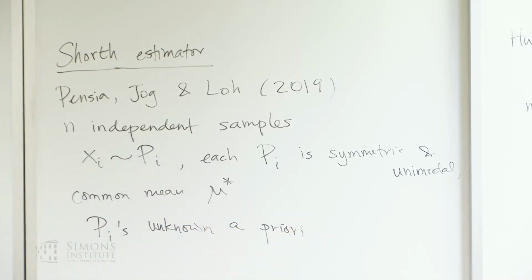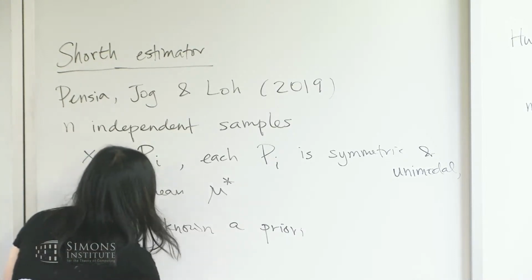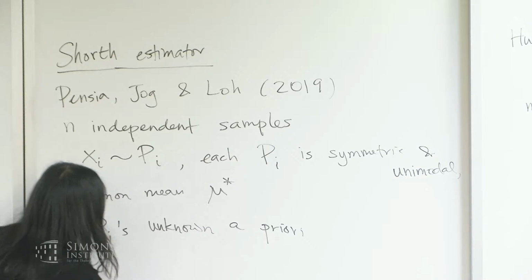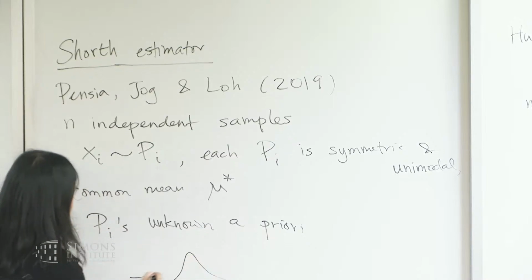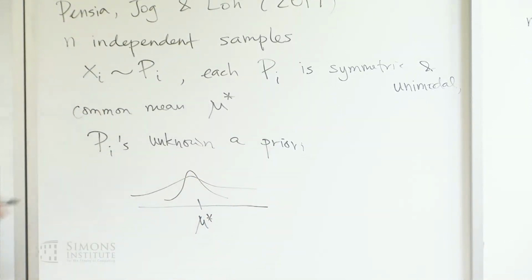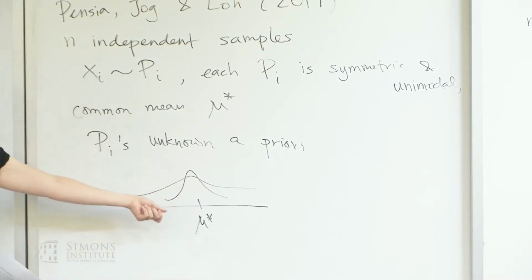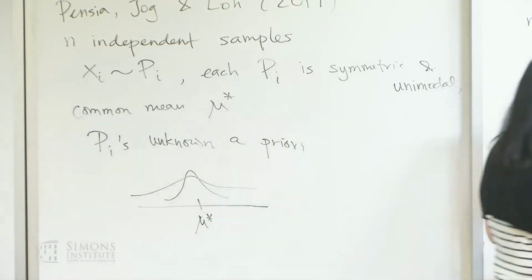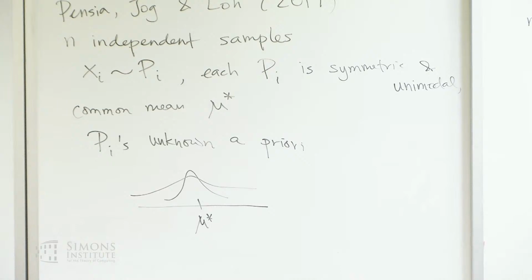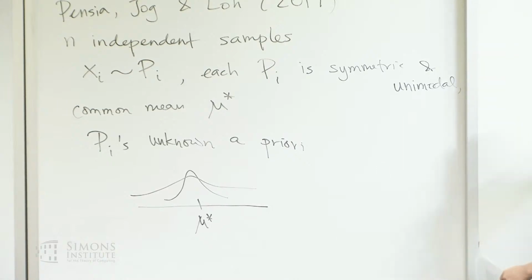Okay, so this is sort of a modern setting. So now you have data. You just have one sample from each distribution, all right? And what's in common about these distributions is that they have the same mean. So maybe it looks like this. You have this common mu star, and maybe you have one normal, then another normal, and another normal. And the question is, what are some good estimators that will allow you to estimate mu star with reasonable accuracy? So here we see that the mean is unbiased, but probably not the best thing to do, because if the variances sort of run off to infinity, then that's bad.